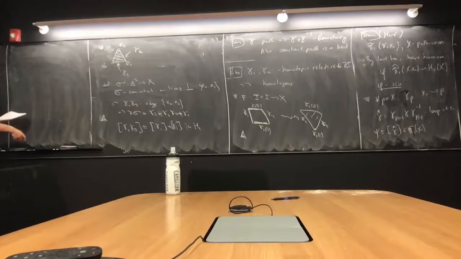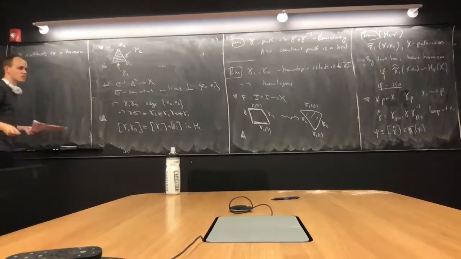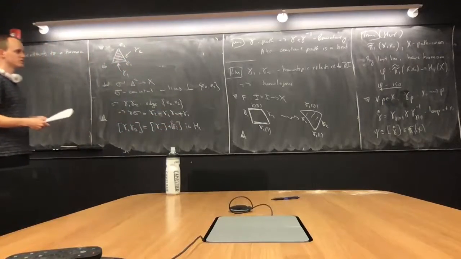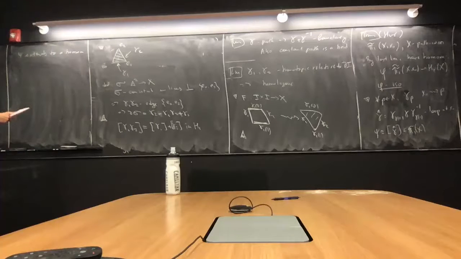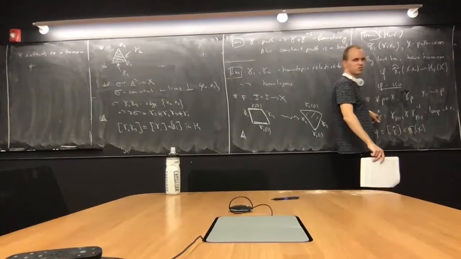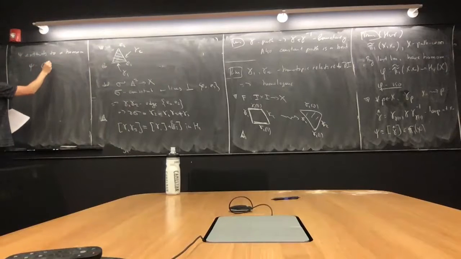Okay. So this psi extends to a homomorphism, because phi 1 tilde is an abelian group, right? So it's enough to define it on generators of chains, which are, sorry, not on loops, but on one simplices. Because a path is just a one simplex, a singular one simplex. So this extends to a homomorphism from C1 into